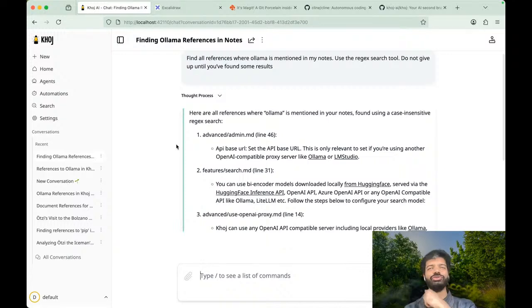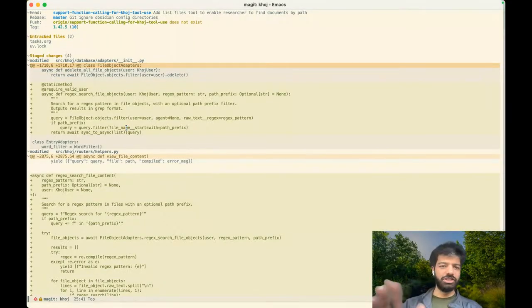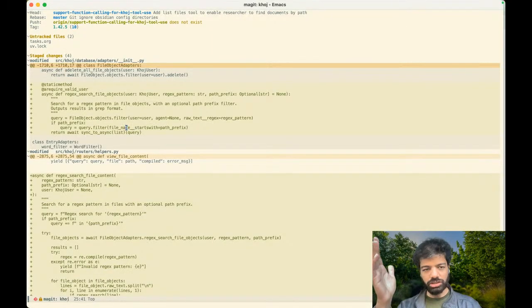Those are the other tools it's able to use now to get you better answers. Again, this is in a feature branch. I'll push this to the Khoj repo, so folks can play around with it and try it out.